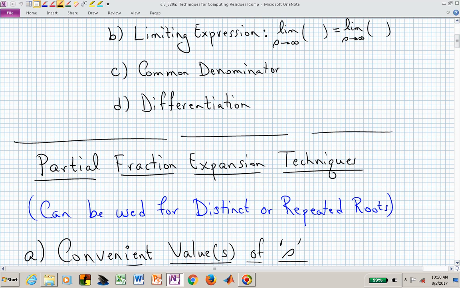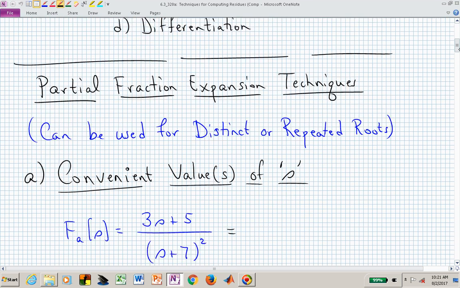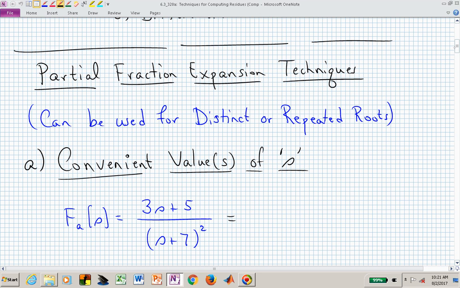Again, we've been using the cover-up for distinct roots, but that doesn't always have to be the case. You can use these partial fraction expansion techniques not only for repeated roots, but also for distinct roots, and in some cases it may be to your advantage or benefit to do that in terms of easing your computational burden. Let's look at the first one, and we've already done this in a previous video, so let's do it for